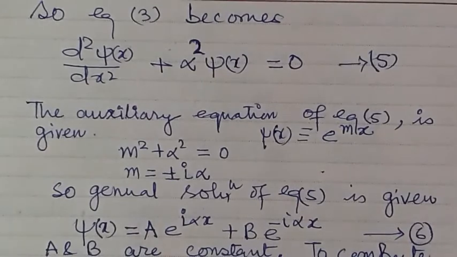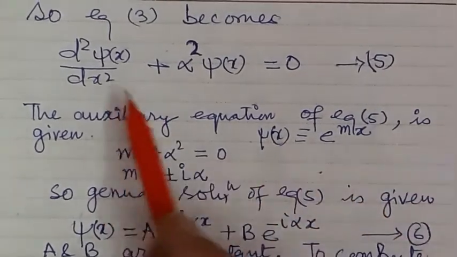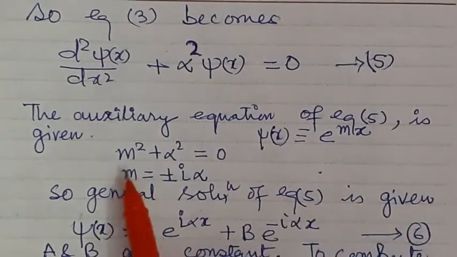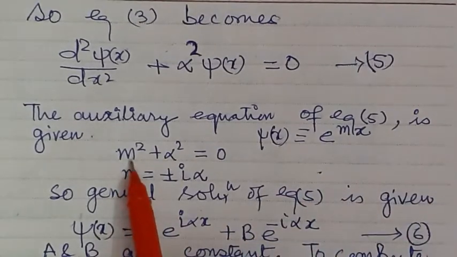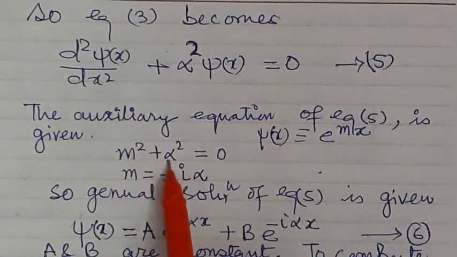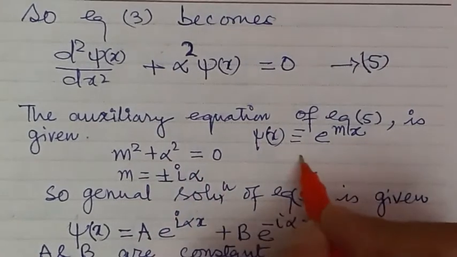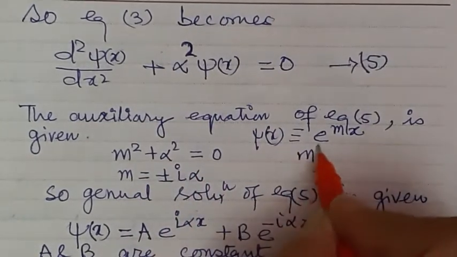This is the auxiliary solution, or you can say this is the trial solution of the problem. Let's substitute this trial solution in equation 5. We get the equation m square plus alpha square is equal to 0, which resulted from substituting this